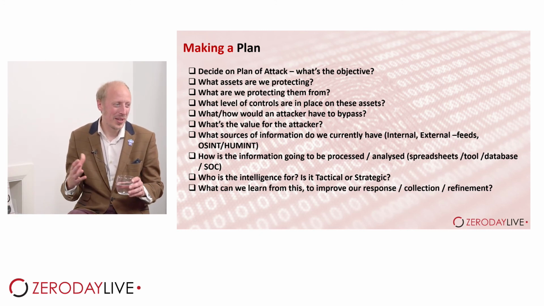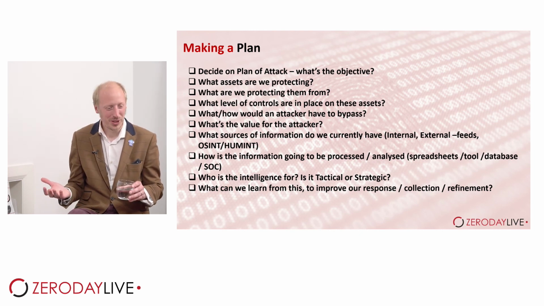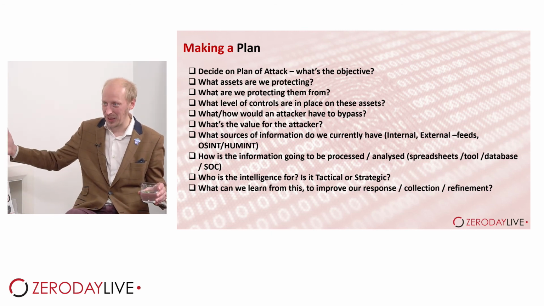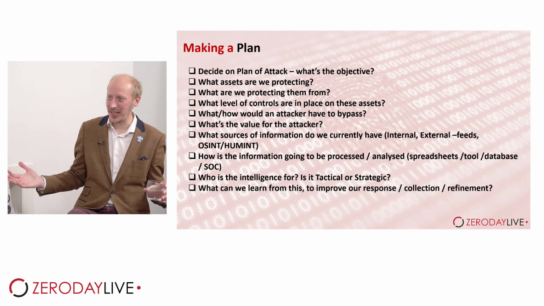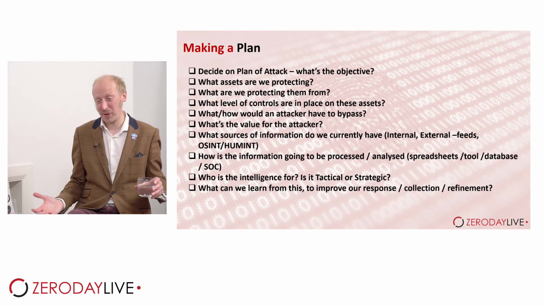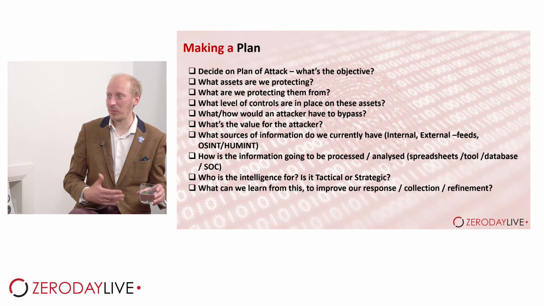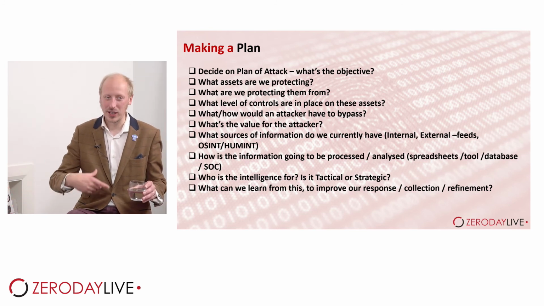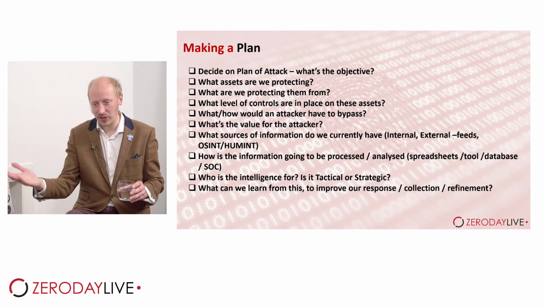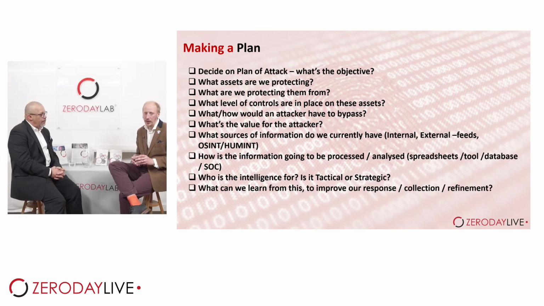How is the information going to be processed, analysed? So this is one of the things you talked about. We could do it in spreadsheets. That's fine. Not going to be very useful, because we're collecting hundreds of IOCs. Is a spreadsheet the right thing to do? Probably not. But there might be a CSV file that gets pulled from somewhere that gets uploaded to a database or a tool set that gets processed and analysed. Could be fed into, say, Kibana or whatever it may be. So basically, what does our collection pipeline look like? That's what we're talking about here, right?